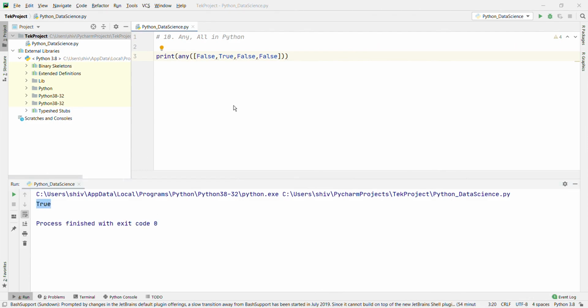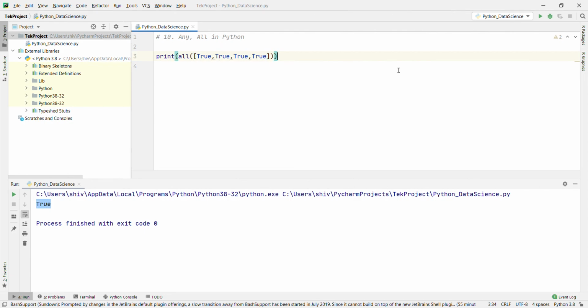return true. Now we are going to see all. all returns true if all the items are true. Let's go with all. Print all of True, True, True, True.